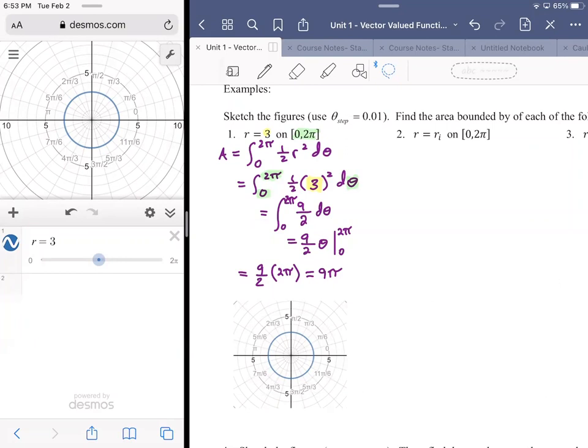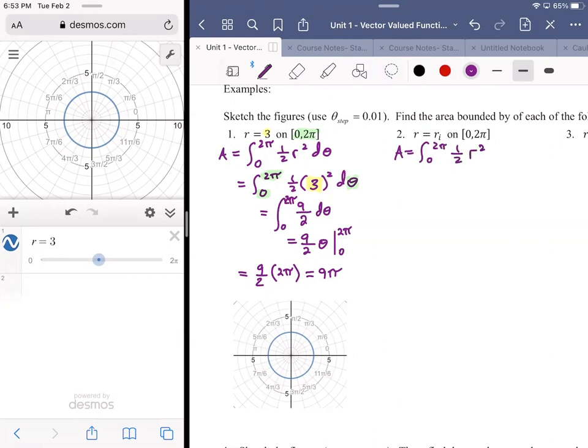The second example, r equals r sub I. r sub I is indicating some constant value dependent on some unknown position within a sequence. Bottom line is r is equal to some number, but it's unknown, so we're thinking of it as just an unknown constant. Fortunately, we're going to pretty much use the same process, except that our diagram is variable. So the area here, 0 to 2 pi,